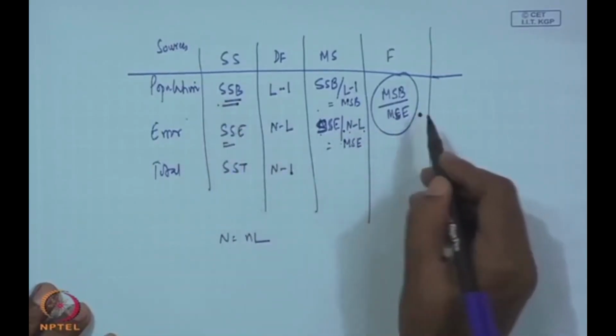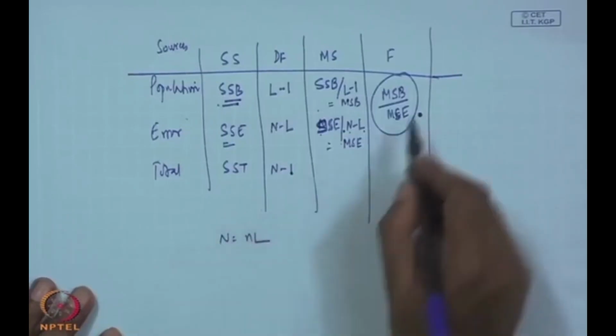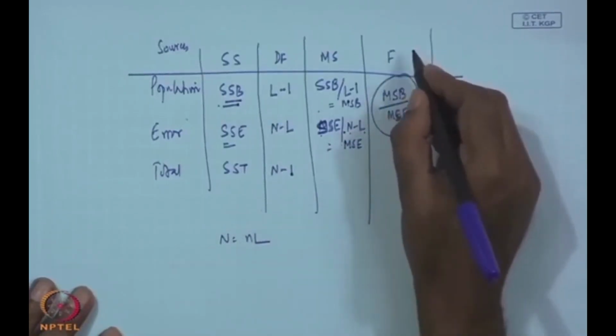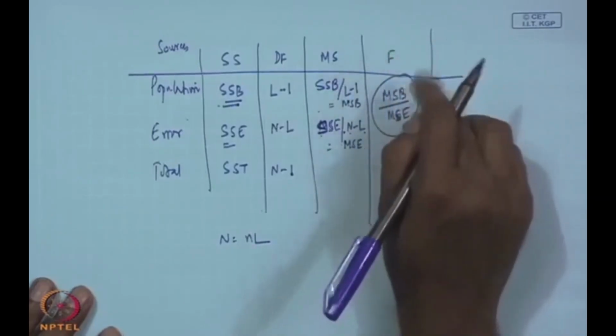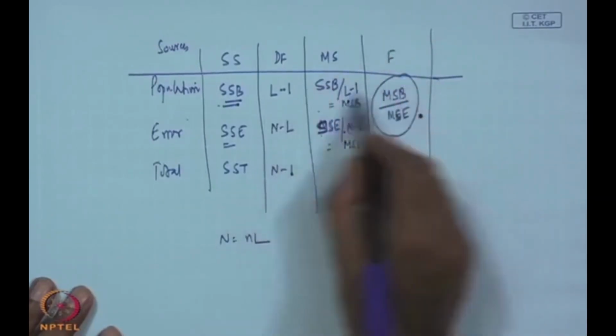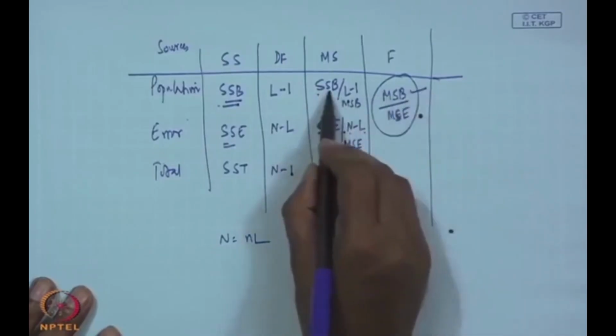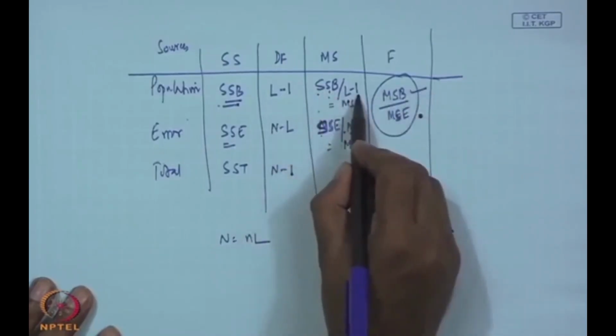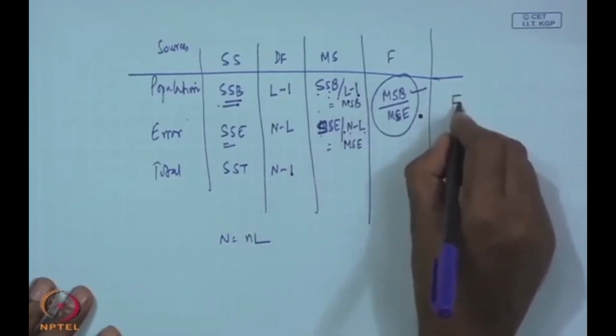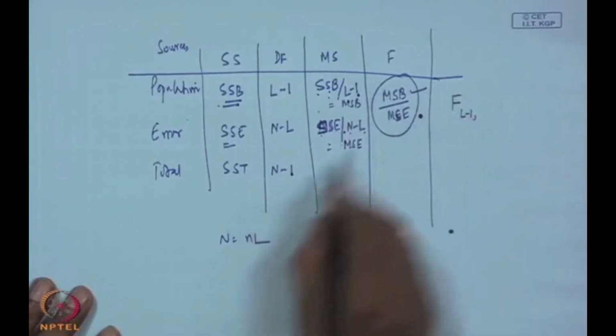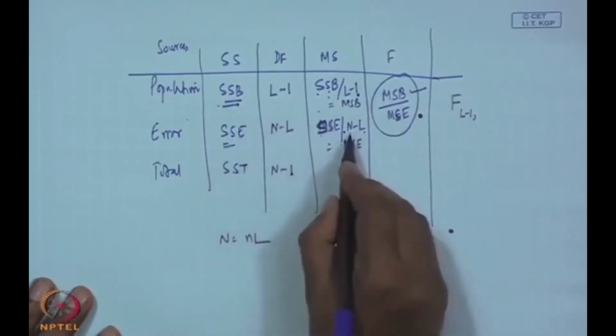Okay. And what will be the numerator and denominator degrees of freedom for F here? The numerator is SSB by its degrees of freedom L minus 1, so we will be comparing with L minus 1, and the denominator degrees of freedom is N minus L,